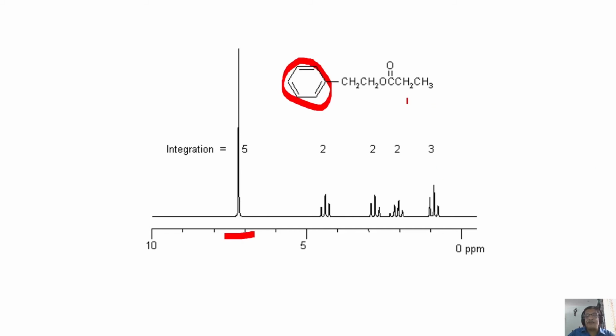Clear? Now of course this portion is also clear. This is CH2, this CH3 split into a triplet because of this, and there is a quartet, which is this CH2 split into a quartet because of this. Analyzable. Now this is attached to this, and I say this is this CH2.